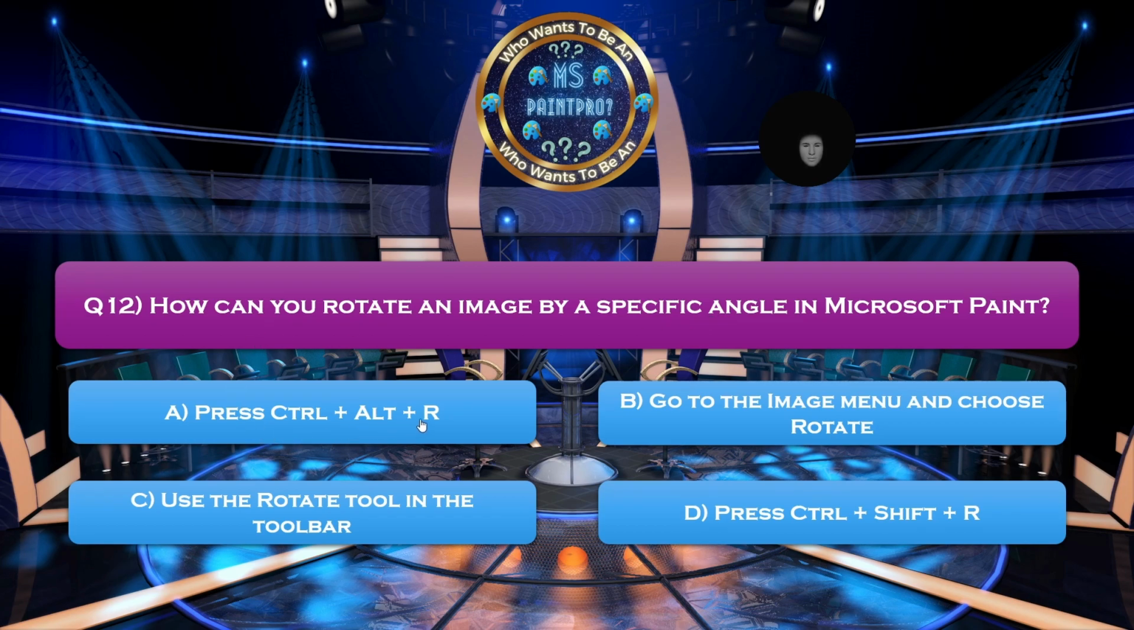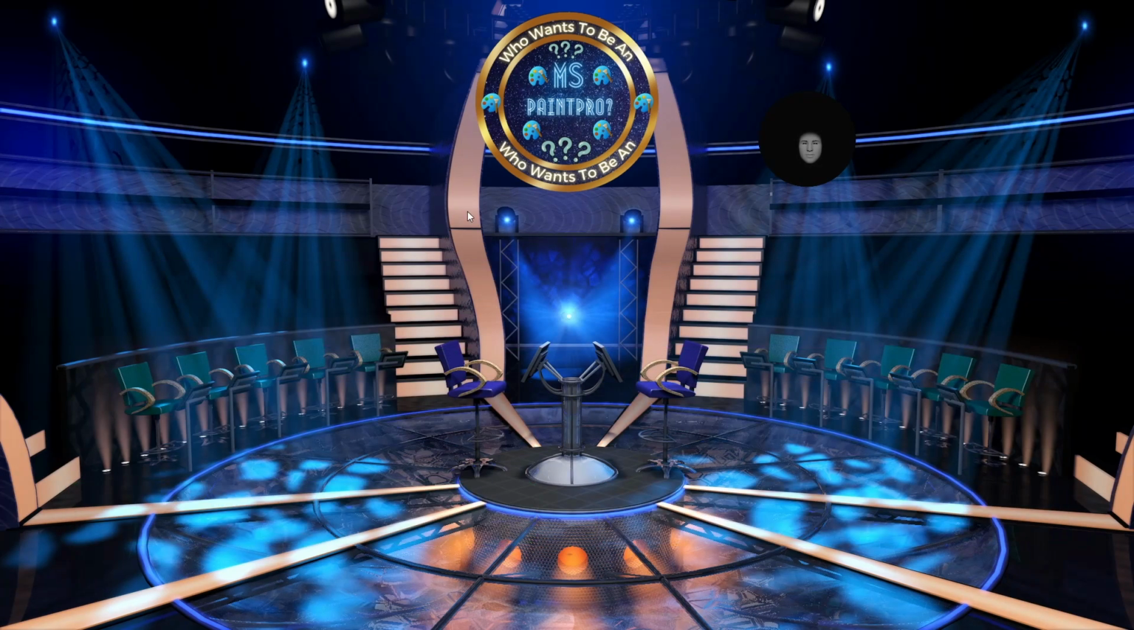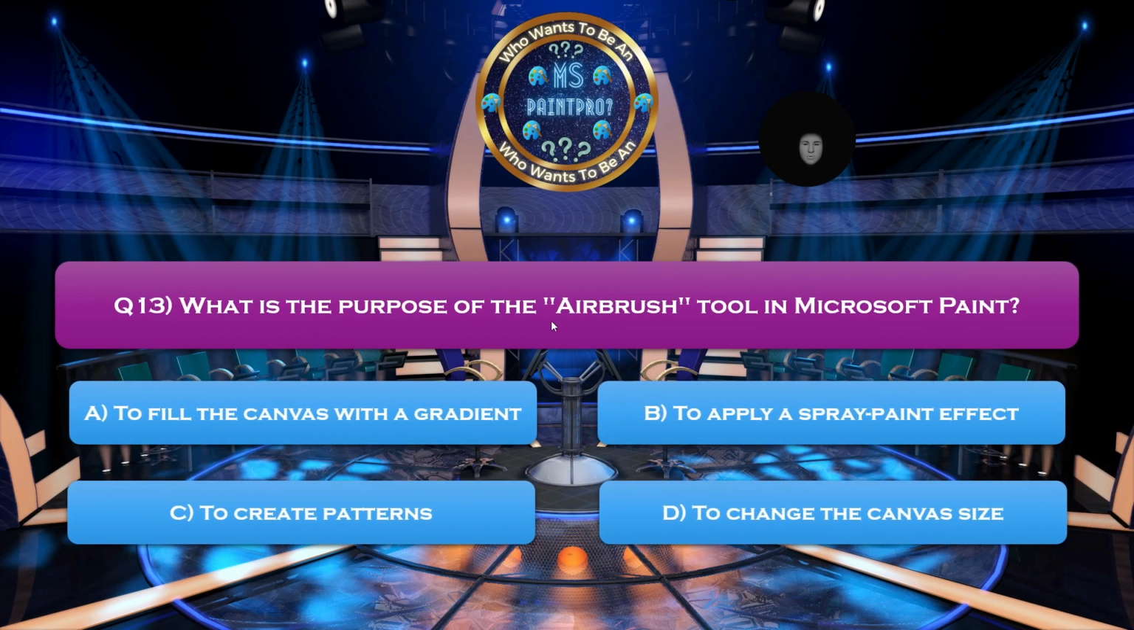Press Ctrl+Alt+R, go to the image menu and choose rotate. Use the rotate tool in the toolbar. Press Ctrl+Shift+R. I think C. Correct. Next, what is the purpose of the airbrush tool in Microsoft